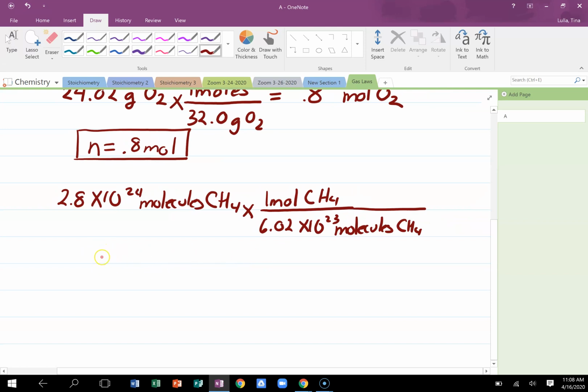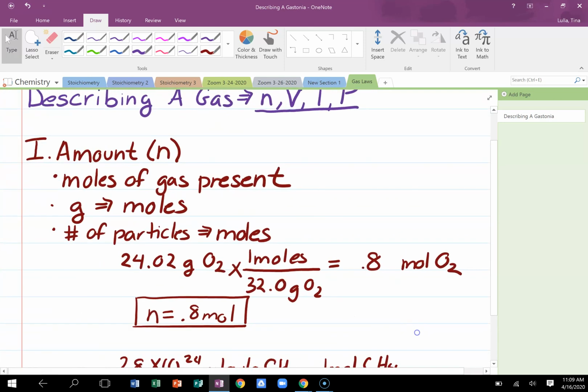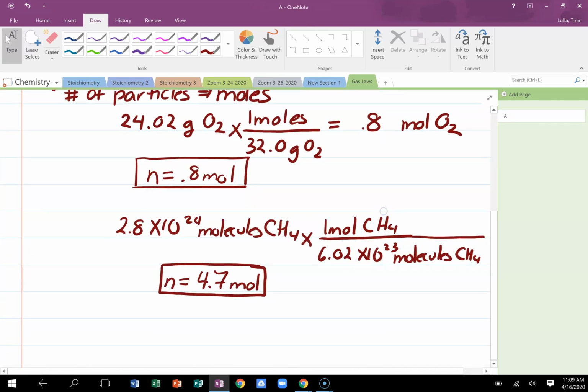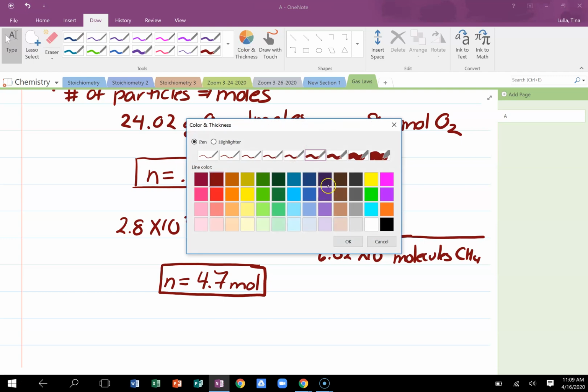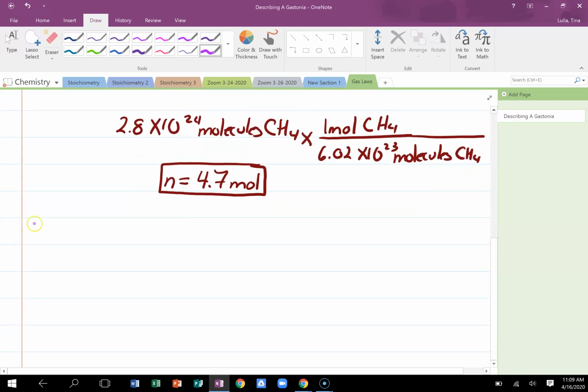mole problems. And so in this case, n would equal, just going to plug that in. Remember, I'm using that EE button, 2.8 E24 times 1 divided by 6.02 E23. And I get n equals 4.7 moles. Awesome. So the first way we describe a gas is by its amount, which we represent with a letter n. The next way we describe a gas